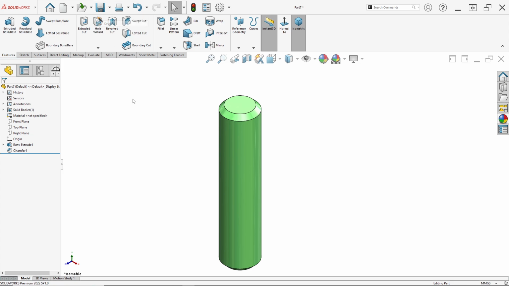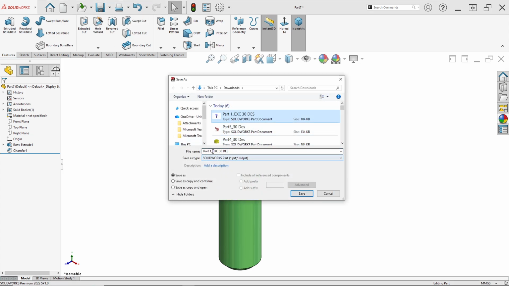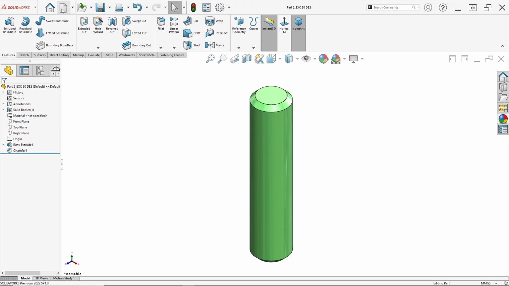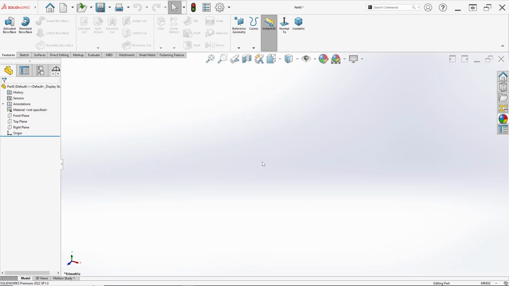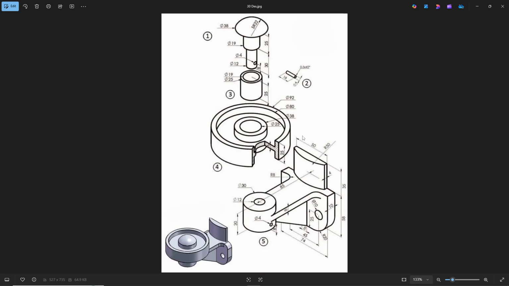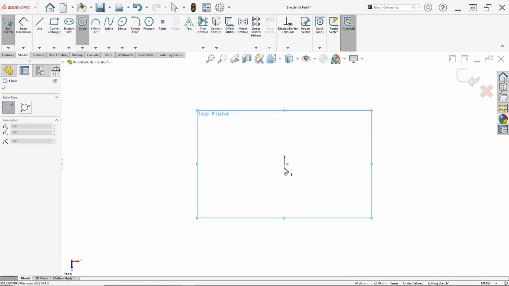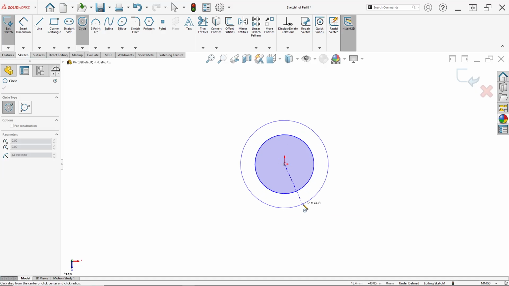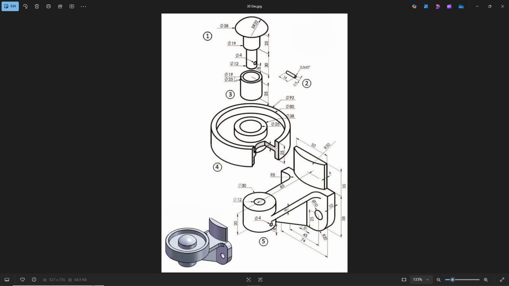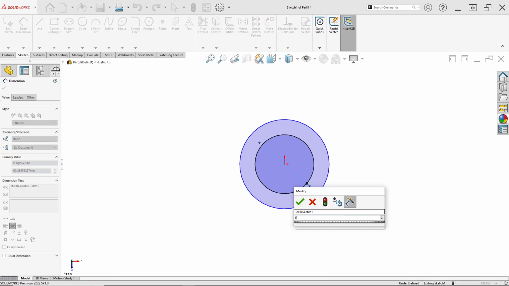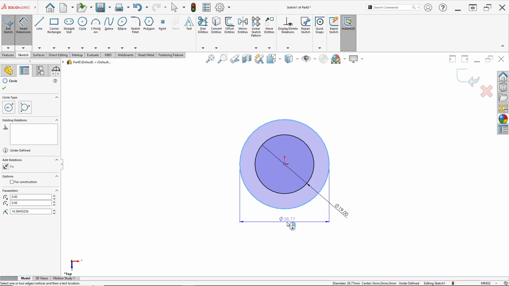Save part. Click save as. The name is part 2. Actually, 30 December. Now click again on the top part and click OK. Plain white, and we can make part 3 in here. Click top plane, click sketch again, and draw circle. Draw two circle like this. Set in diameter 19 and 25. First in here in 19 and second in 25 millimeter.